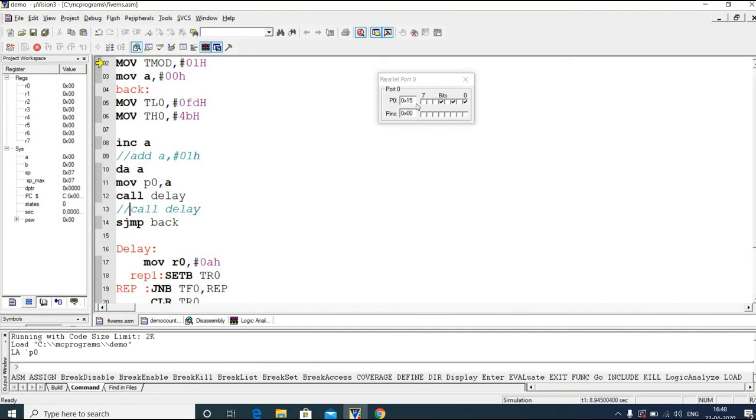We'll just wait till we get 99, and see it fall to 00 after 99. So like this you can write a program for a counter for any counts, and these are all only 8-bit counters, because our port P0 can hold only 8 bits. If you want 16-bit counters, then we need to make use of this. You can see again it is repeated.